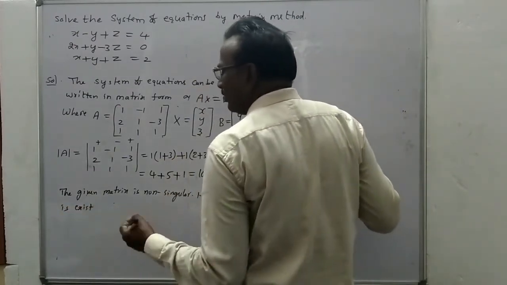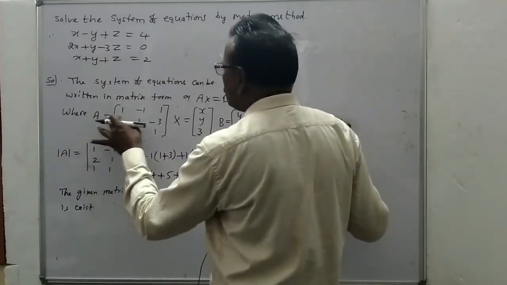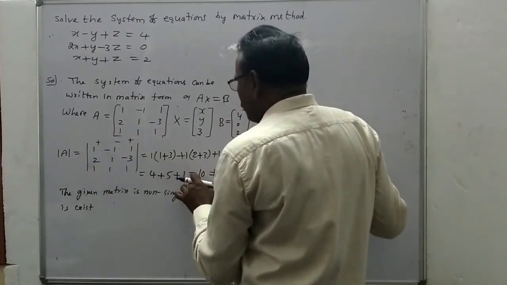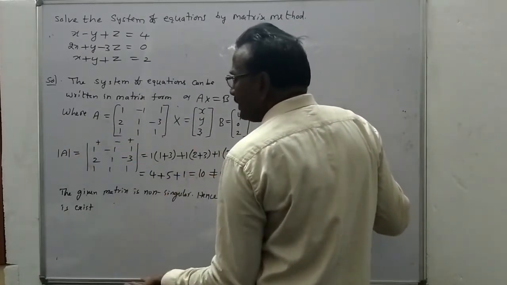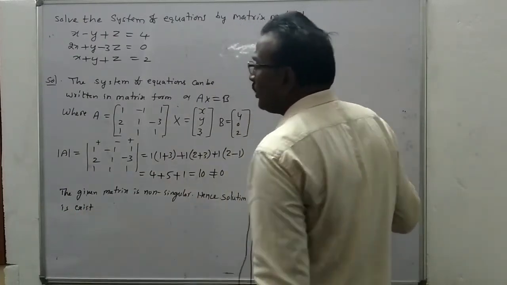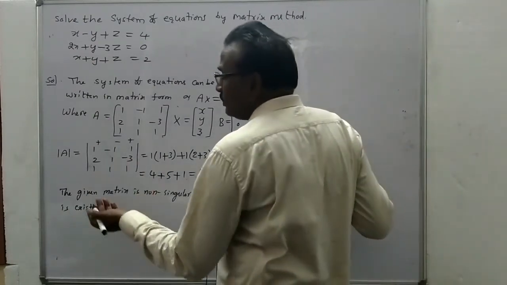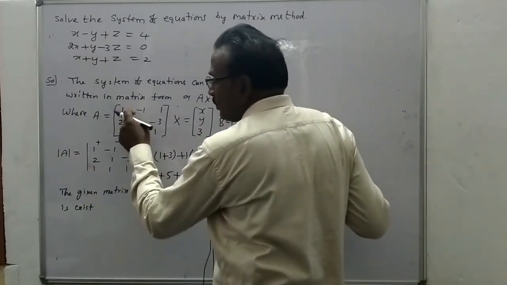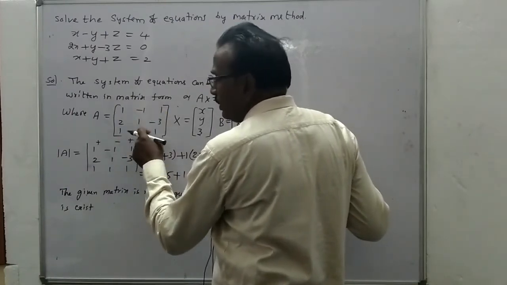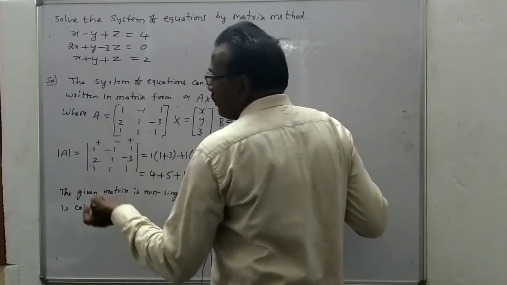So in all the cases, no need to write these two statements, just directly take AX = B and find the determinant of A. The determinant of A is not equal to 0, therefore the solution exists. So the solution is to find the adjoint of A. How do we find the adjoint of A when the given matrix is 3 by 3? First find the cofactors: A11, A12, A13, A21, A22, A23, A31, A32, A33. This is a somewhat long process, right?